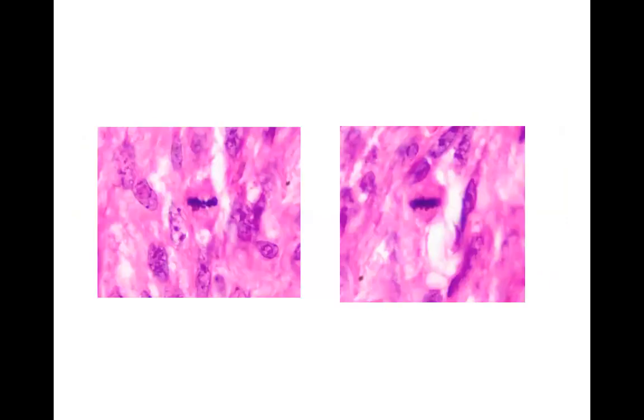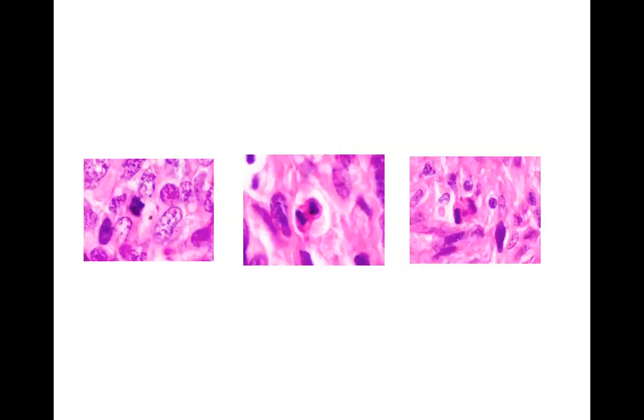The first is the prophase, where you see a lot of chromatin condensation in the center. They all come together and condense in the center, and gradually they are going to align in the center of the cell. The next is the metaphase, where you see the chromatin coming and aligning at the center of the cell. This is the most common type of mitosis that we see on histology, and this is the usual normal form of mitosis. There is nothing atypical about it. The chromatin is coming and aligning itself at the center of the cell.